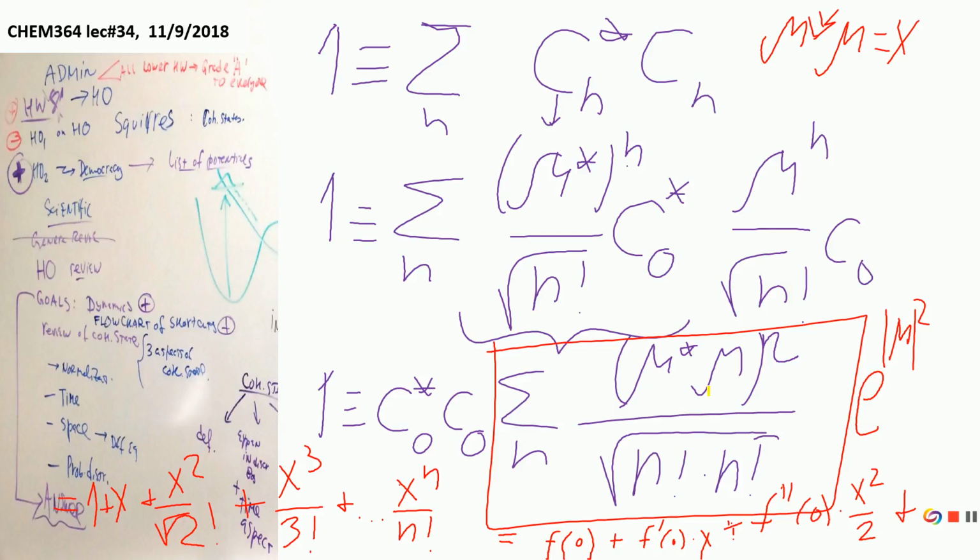In your Calc 2, how many series did you practice in explicit form? Which functions were you expanding into series? Exponential, maybe sine, cosine. So, does it look like sine or cosine? What will be the summation if you have 1 plus x plus x squared over 2 plus x third over 3 factorial, up to x to the power n over n factorial?